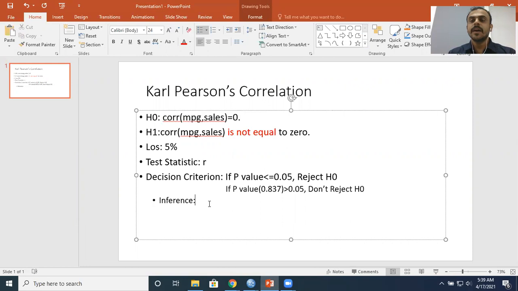But remember, I told you that there are 4 important assumptions. I just checked for the first important assumption, that both the variables should be scale variables. Indeed, in my data, both the variables are scale variables, but I overlooked the 3 other important assumptions. The assumption of linearity, I did not check. The assumption of no outliers, I have not checked. And finally, bivariate normality, I have not checked.